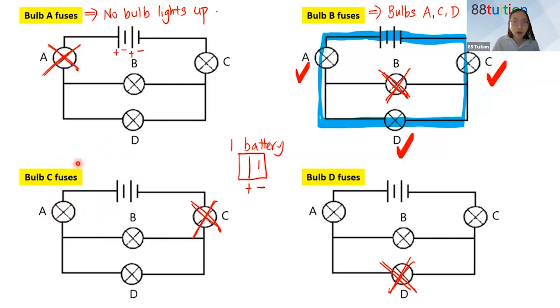All right, now let's take a look. Jia Ping, you're correct already. So you see, look at my laser pointer. Let's say the current goes this way. Then you see, I cannot go back to the other end. I'm supposed to go back to the other end, right? From one end of the battery, current must go back to the other end. But here, bulb C fuses. If I try the longer way, I also have a problem. Bulb C fuses. So no matter whether you go this way or this way, there is no closed circuit, because bulb C is a gap here. There's a break. It's like a broken road. The car cannot pass through this part of the road. So here, no bulb lights up.